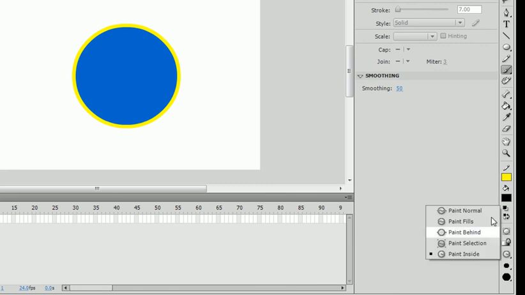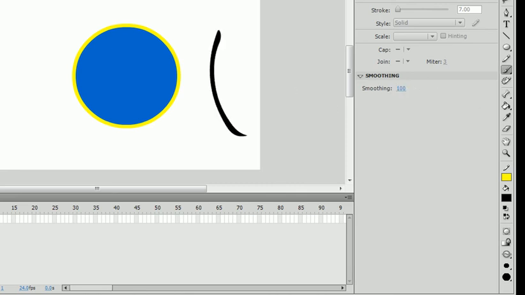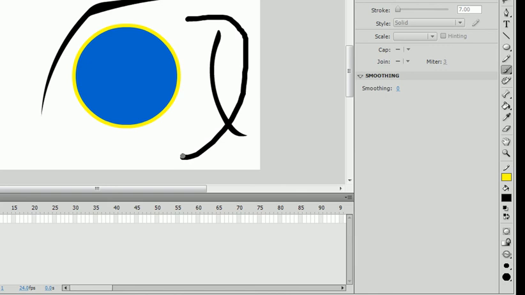And that's it for the brush tool. And we also have the smoothing option, but you already know what it does. It smooths out that pencil for us. Brush tool, my bad. And that's